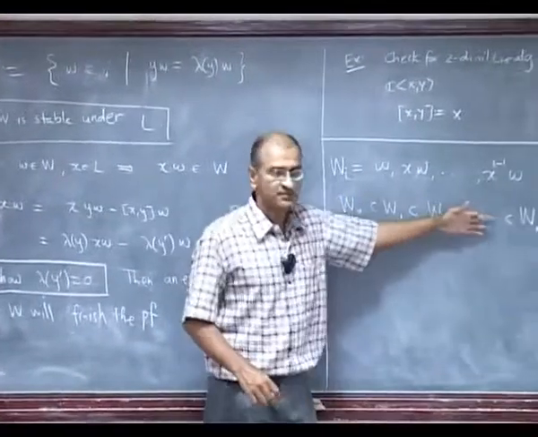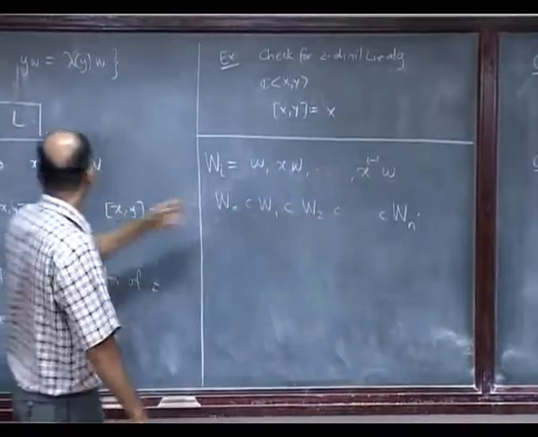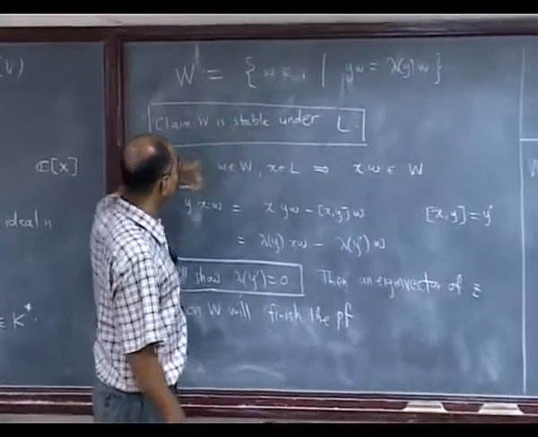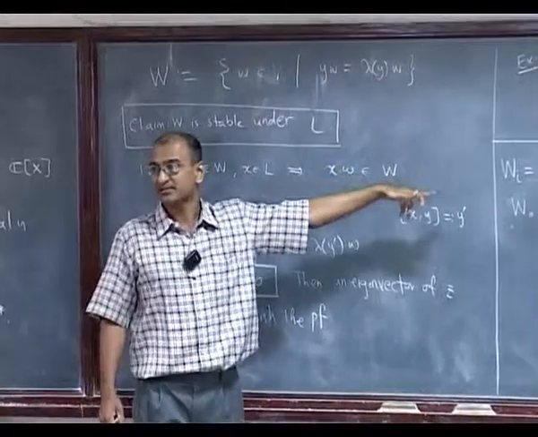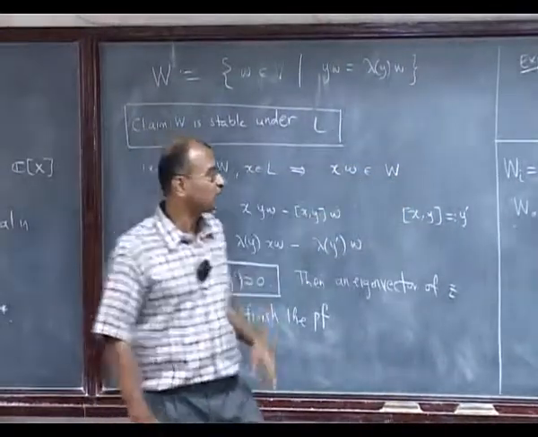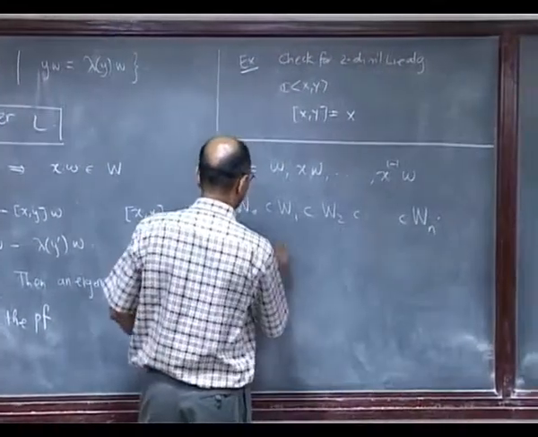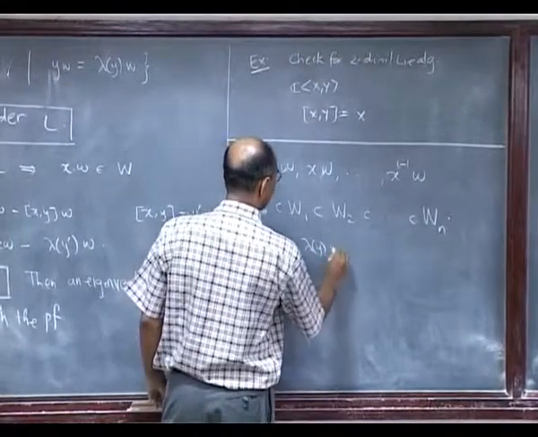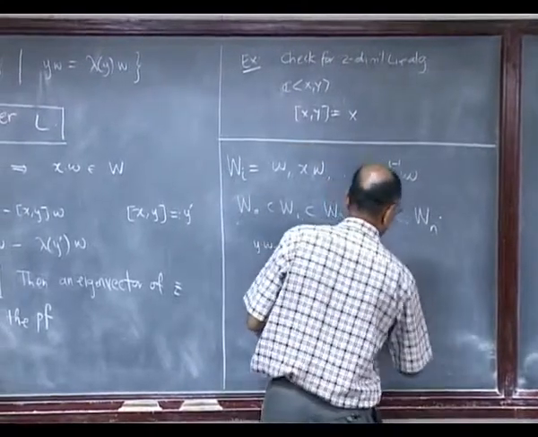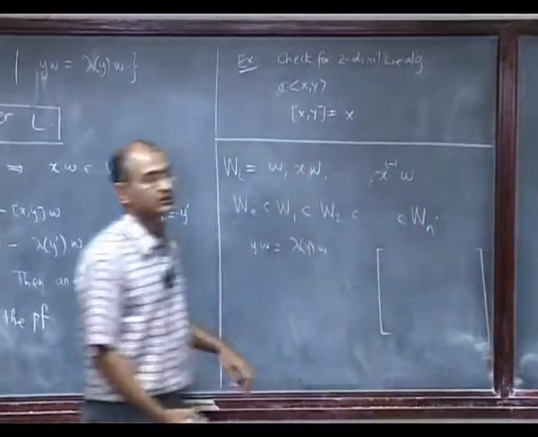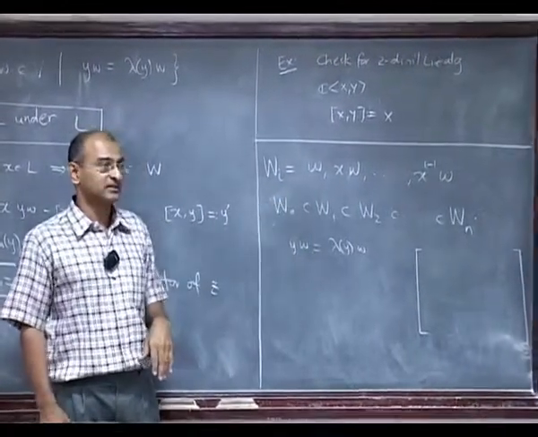And I have an increasing chain of subspaces. So is this clear? See, the setting is the thing that is more important. So W is there, X is there. Now I will see how a general Y acts on this space. So let's look. Y times W, I already know what that is, lambda of Y. So I am going to try to build the matrix of Y on this. We will see in fact that this is stable under Y, and let us see what the matrix is going to be.